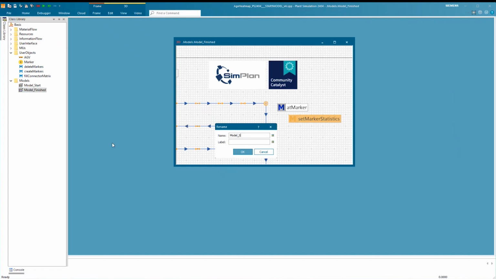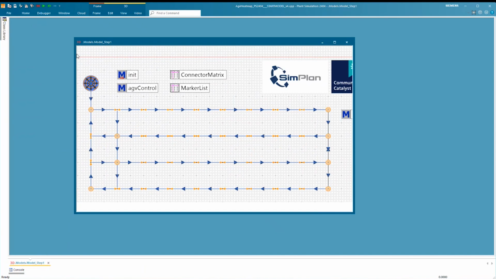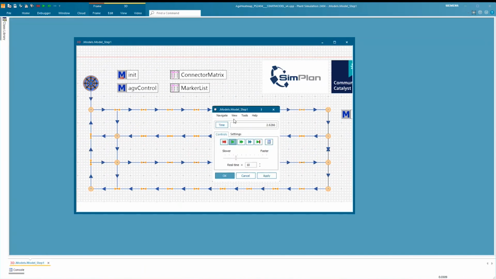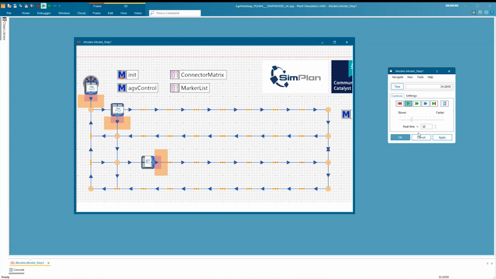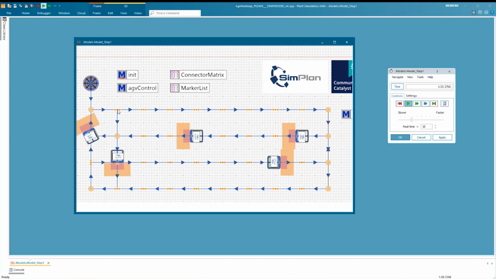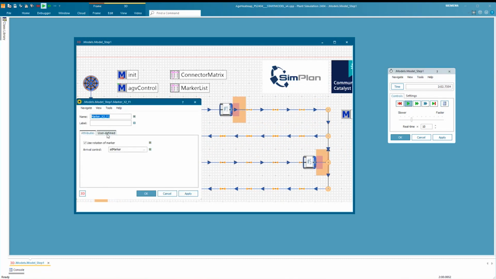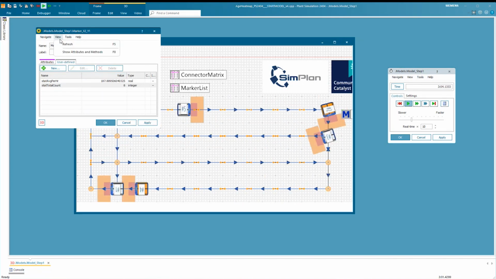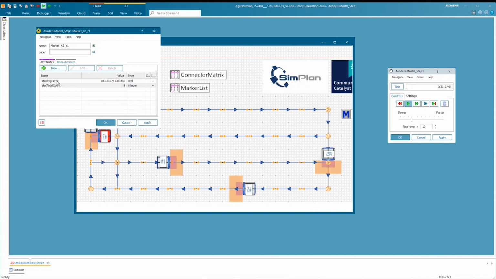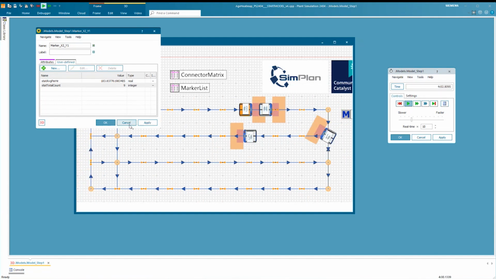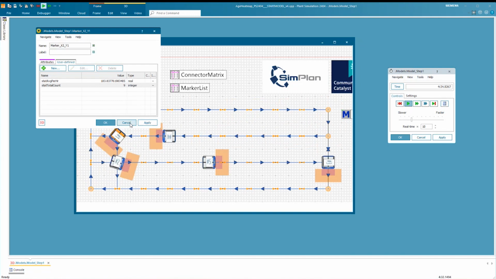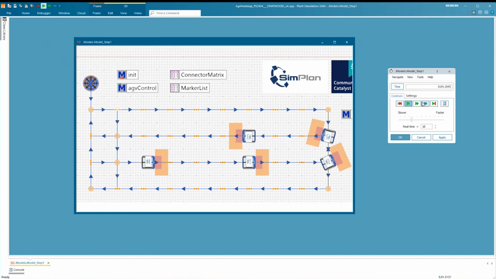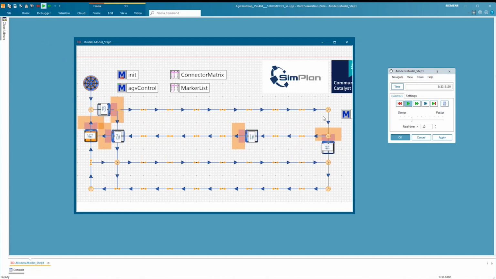Maybe we can do something like step 1. Now when we run the simulation a bit, I can look at one of the markers, and then you can see here on the user-defined tab how it's counting up the total count, the time an AGV passes, and then also the average number of AGVs per hour, which is at the beginning a little high because I don't have so much time spent here yet.